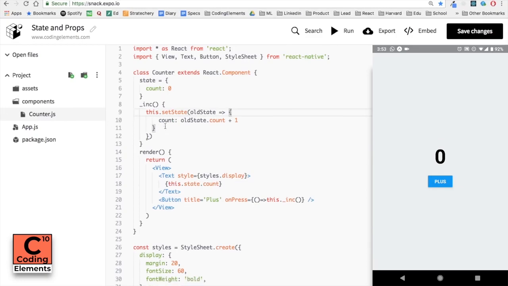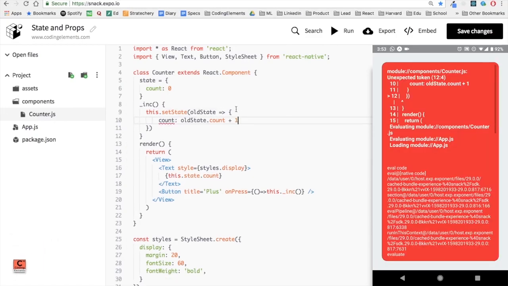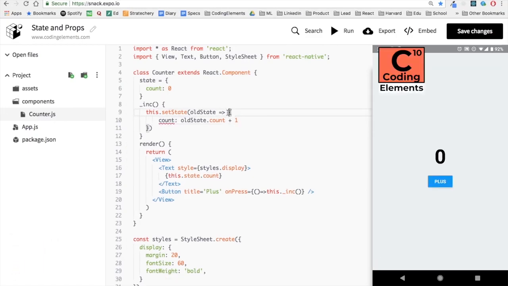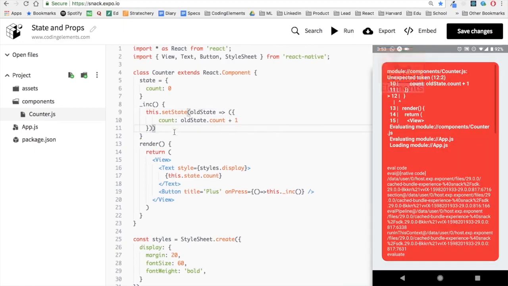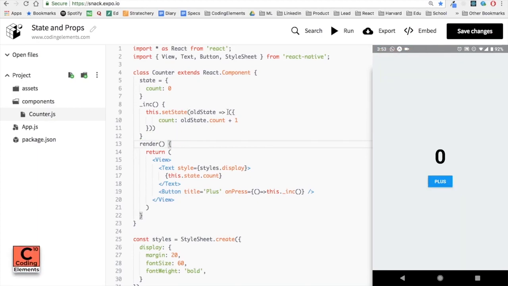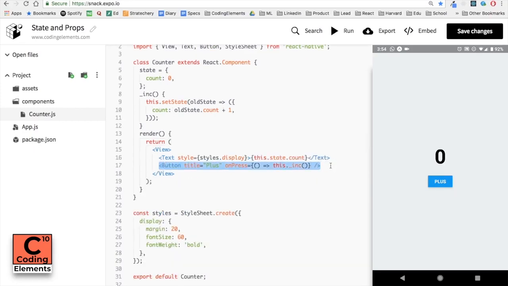And this thing can also be written in a different format. So we have an input oldState for the arrow function and then arrow. Now rather than starting with curly braces, if we start with parentheses, then from that JavaScript will know that we are returning a value directly, and inside those parentheses we would be representing a JSON object inside which we have a key count and its value is oldState.count plus 1.